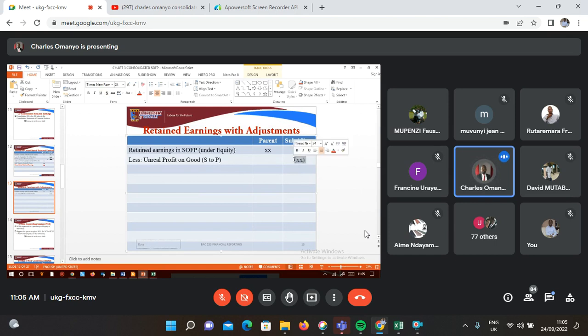Because this is a profit that was not made. Let me give you another adjustment. Remember, I'm talking of retained earnings with adjustments. Another adjustment: if the parent was buying the subsidiary and the parent valued the assets of the subsidiary and they